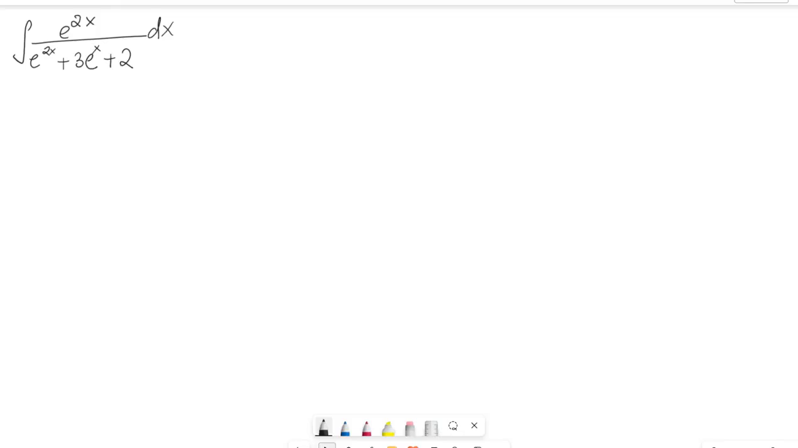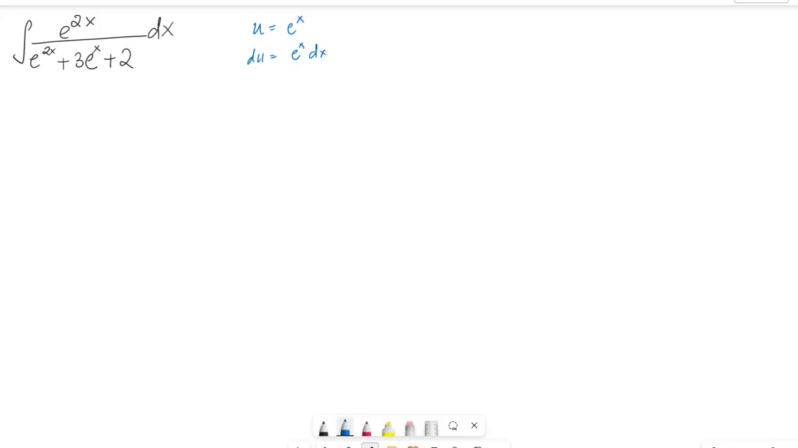Here is another integration problem. This one looks like it's in exponent form. So the first step we're going to do is use substitution. Let's say u is equal to e^x. Then du should be e^x